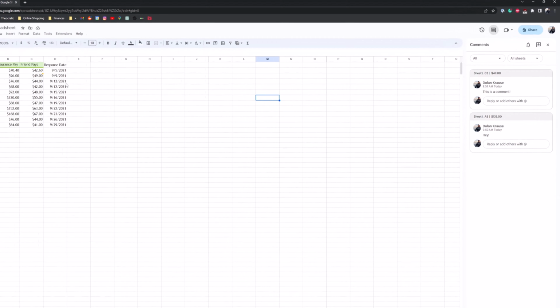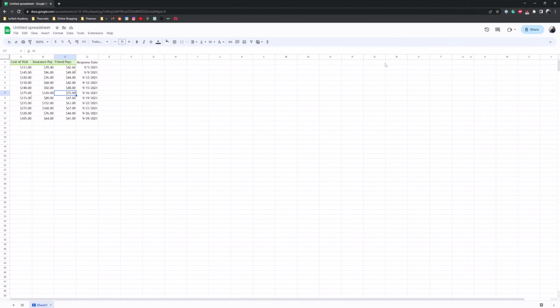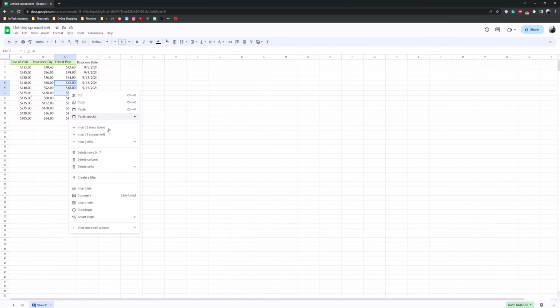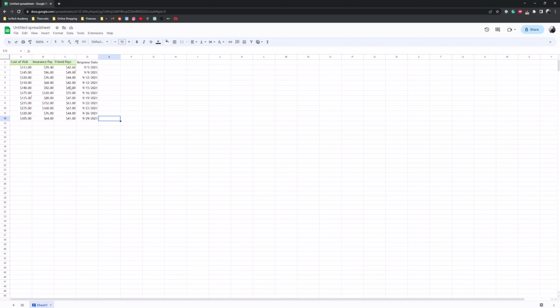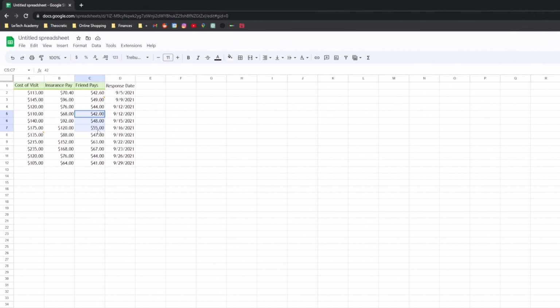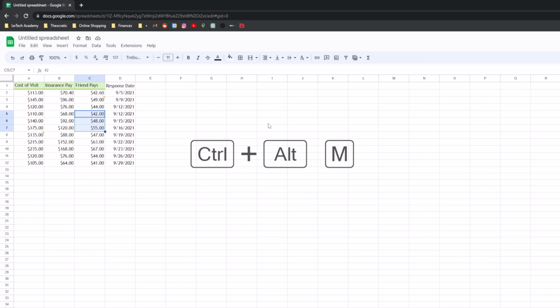But let's say you want to have a shortcut key to make comments. You don't want to have to select, right click, and then hit comment. Well, all you have to do is select the data you want and then hit Control-Alt-M, and then there you